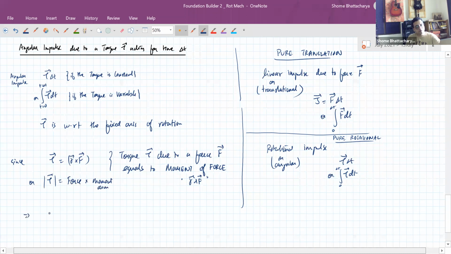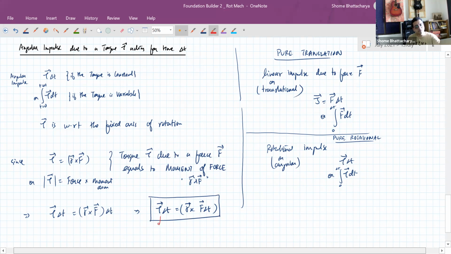So therefore, tau delta T becomes R cross F delta T. So we can say that angular impulse is equal to moment of linear impulse. So F delta T is now linear impulse due to the force. So we also have this relation that the angular impulse is related to the linear impulse